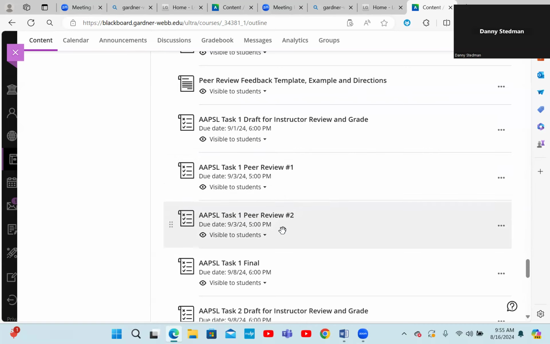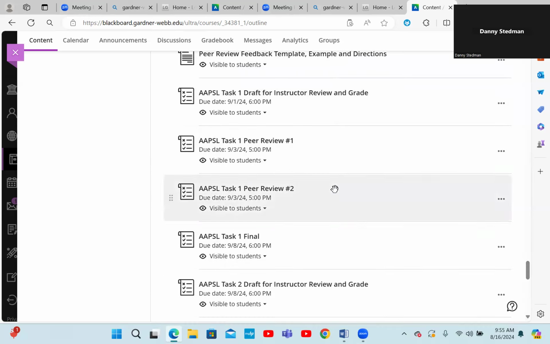So these are the 2 peer reviews that will be required for peer review 1. Again, discussion board for your peers. You will put them here for a grade. Once you put them here for grade, then